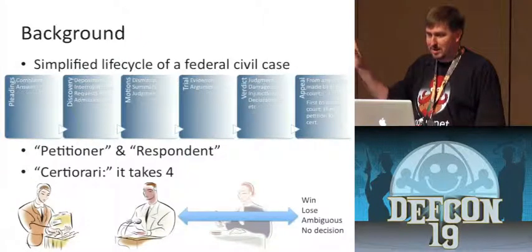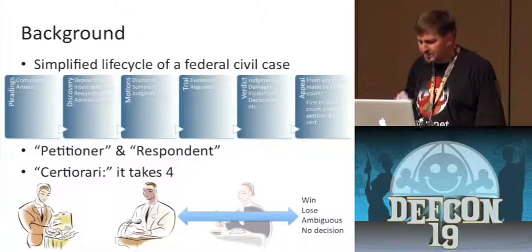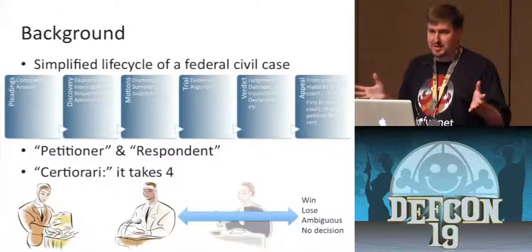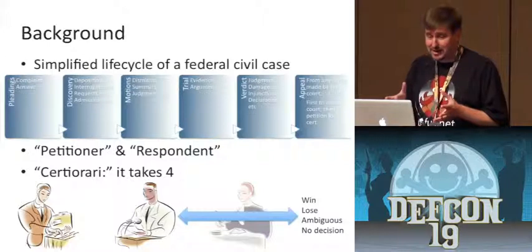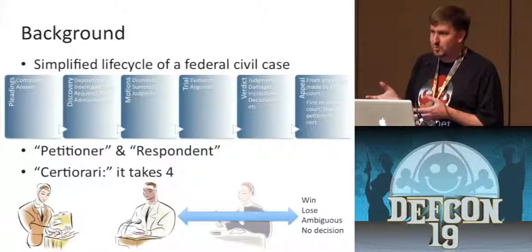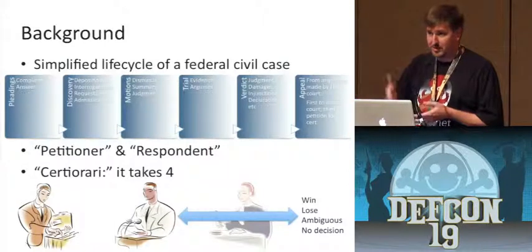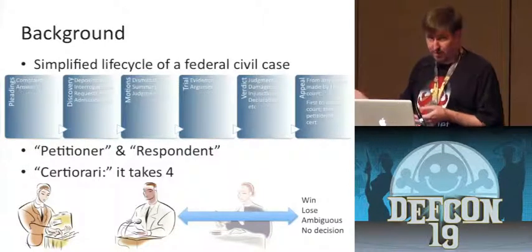And then the justices will deliberate, and then we'll get a result, which is somebody wins or somebody loses, or maybe it's totally ambiguous who won or lost, or maybe they just decide not to decide. Those are all kind of conceivable outcomes. And what I'm interested in is the time between oral argument and the time when a decision gets rendered, because